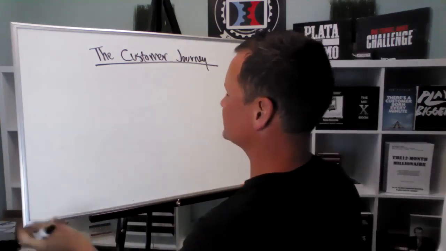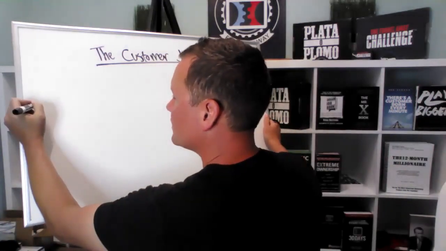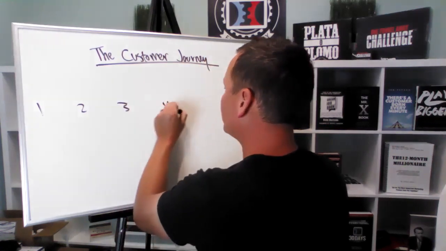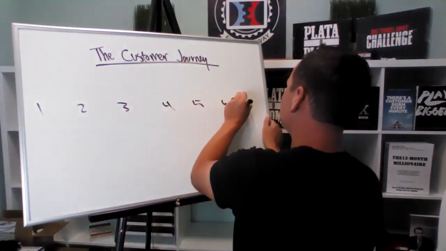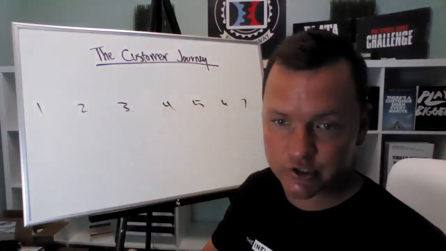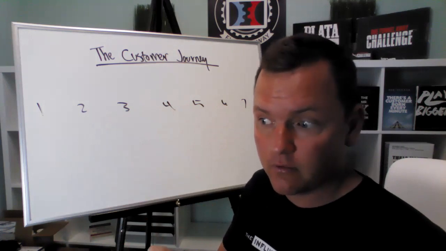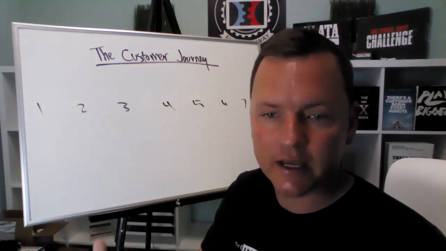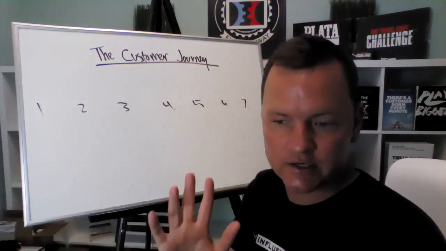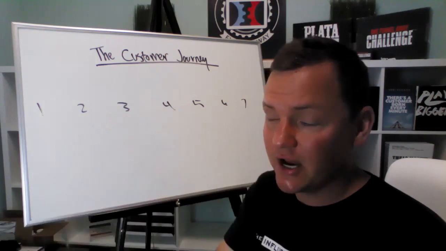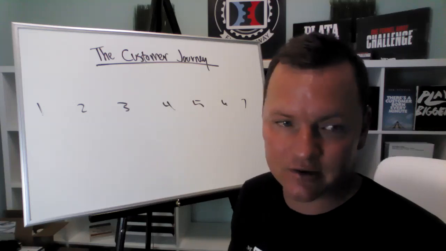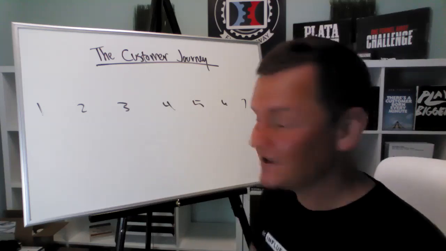Okay, so the customer journey. I'm just going to write these out just like this. There's 7 steps to the customer journey: to get them to find you, get to know, like, and trust you, get to subscribe or opt in, give an exchange, typically an email address, have that exchange, and then become a buyer, and then buy more and more and more. Because who's the easiest person to sell? Somebody that's already bought from you, right?